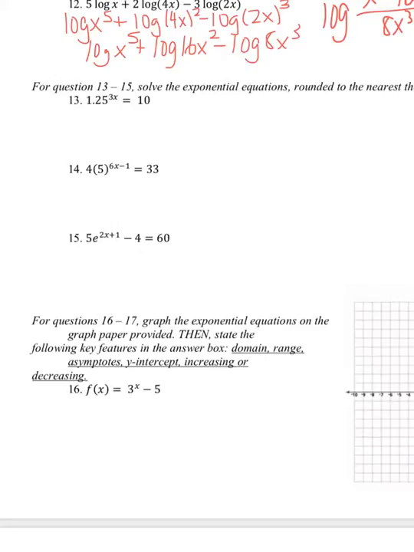So what I'm going to do is take the log of both sides. When I do that, the 3x can come out front. So this is 3x log of 1.25 equals the log of 10. Log of 10 is really just 1, so if you want to write 1, you're totally fine with doing that. Now I divide both sides by the log of 1.25, and I get 3x equals